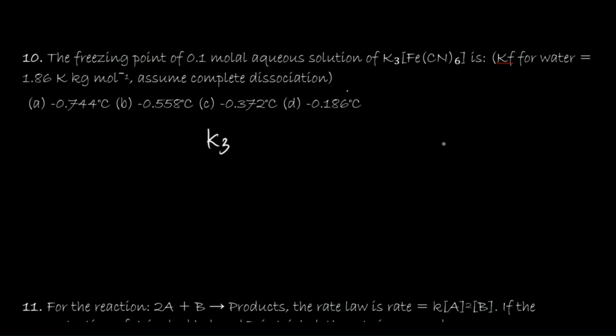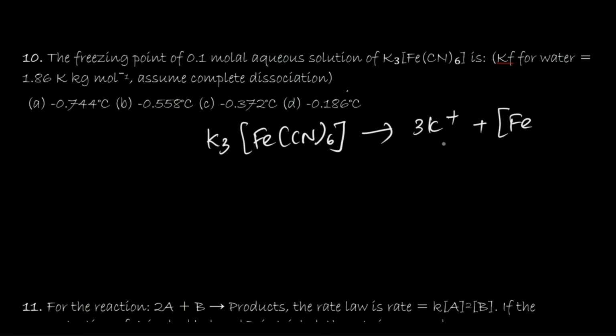So for this complex, K3[Fe(CN)6], that will produce 3 potassium ions and 1 [Fe(CN)6]3- ion, so in total the i factor is 4 here. The van't Hoff factor is 4 here. So we know the freezing point formula,